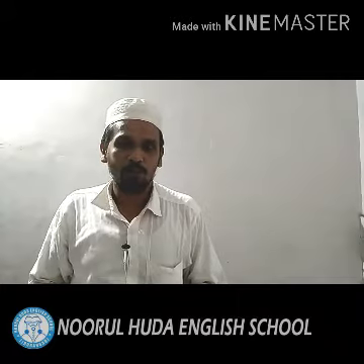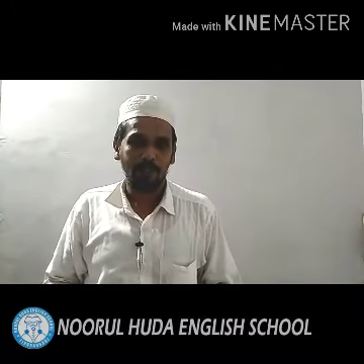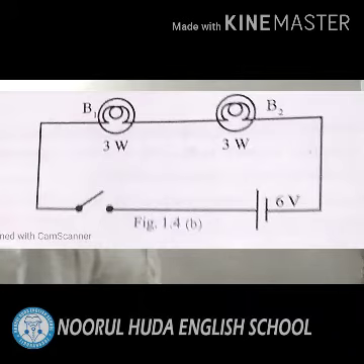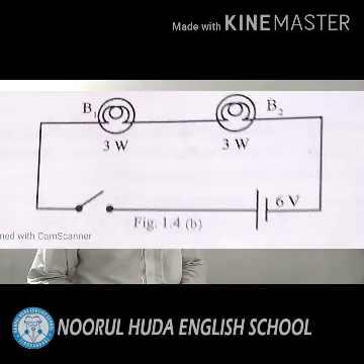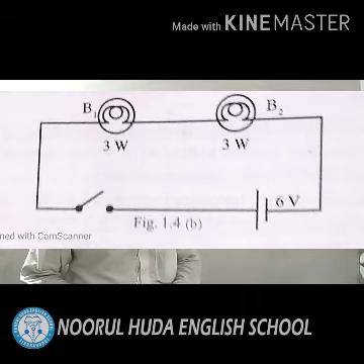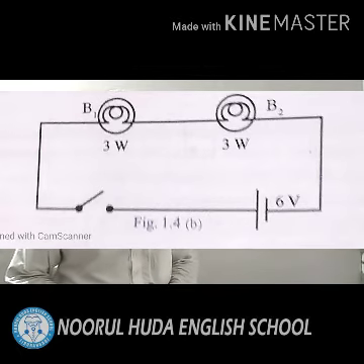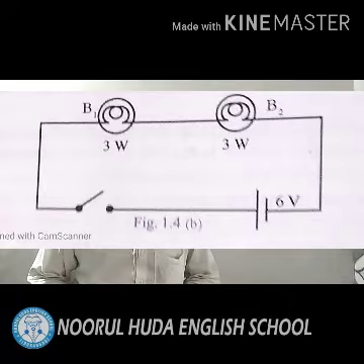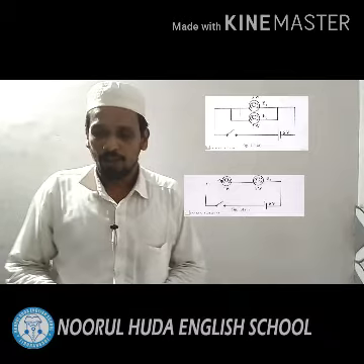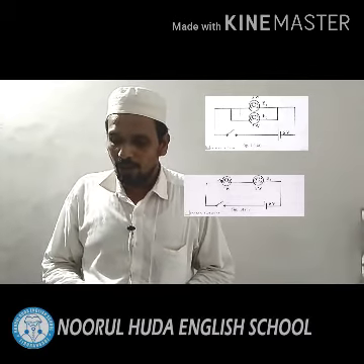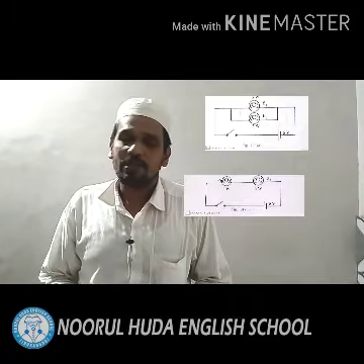After this, we connect two bulbs in series; that figure is given. Here also two bulbs are connected, the same bulbs connected with a 3 volt battery and a switch. When switched on, two bulbs glow, but in the two circuits we observe the intensity of the bulb. Each time the bulb glows with different intensity.